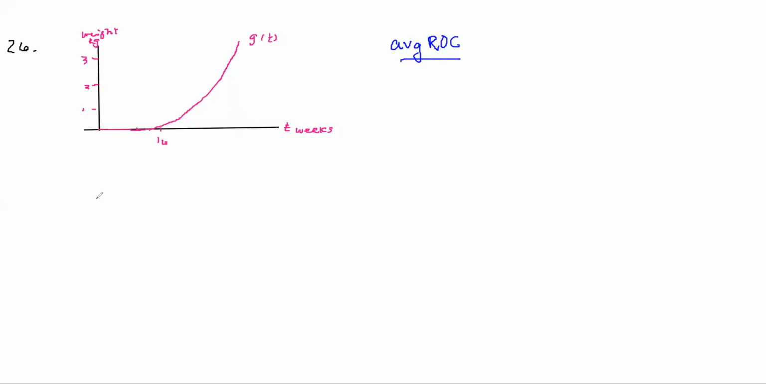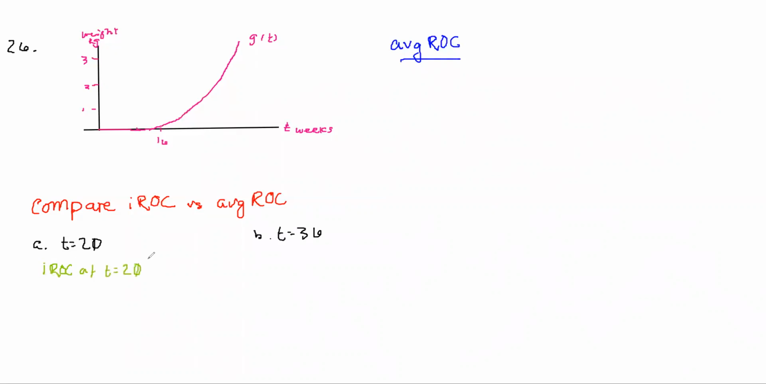So it's asking me to compare, and it's asking me to do that at 2 points. It's asking me to do that at t is equal to 20, and at t is equal to 36. But in order to do that, I need the instantaneous rate of change at t is equal to 20, and I need the